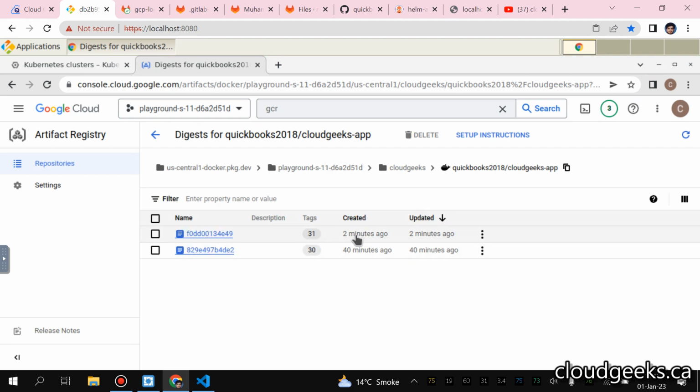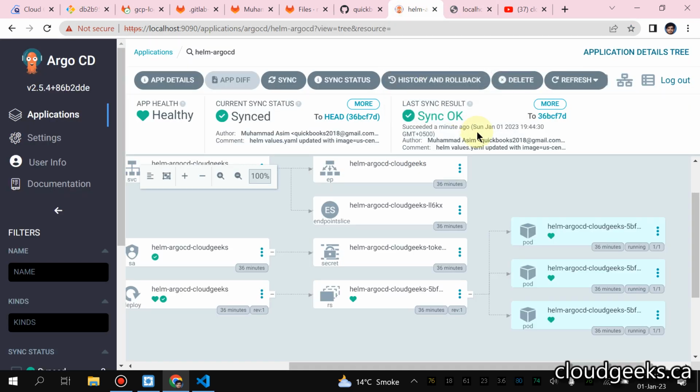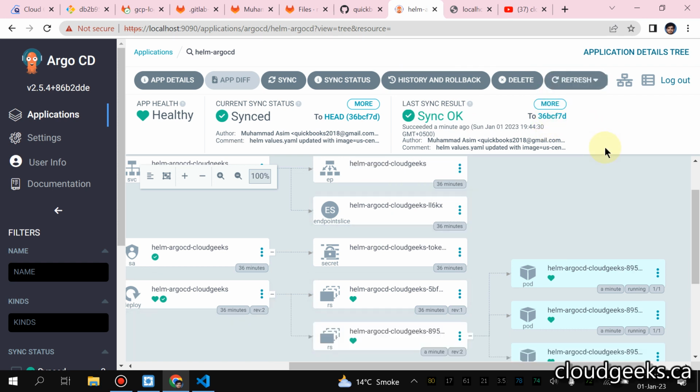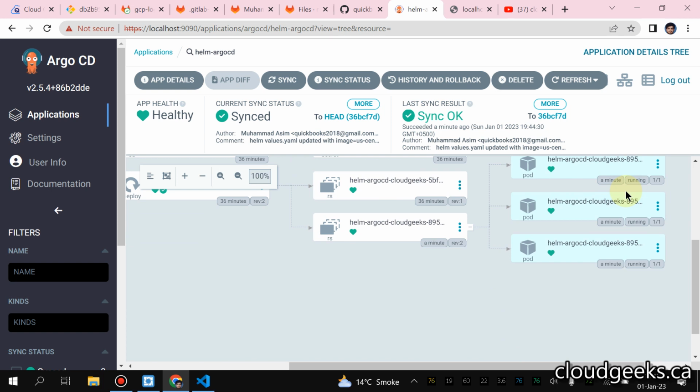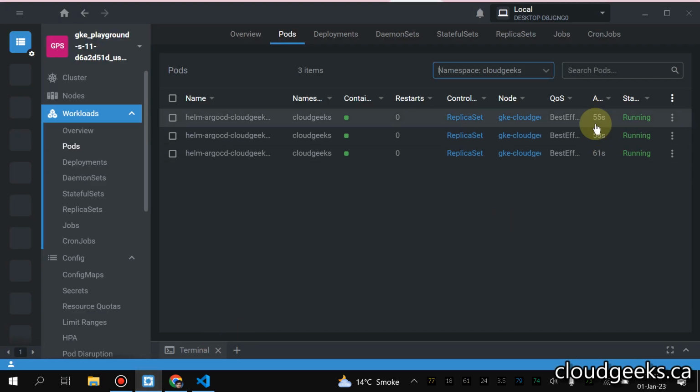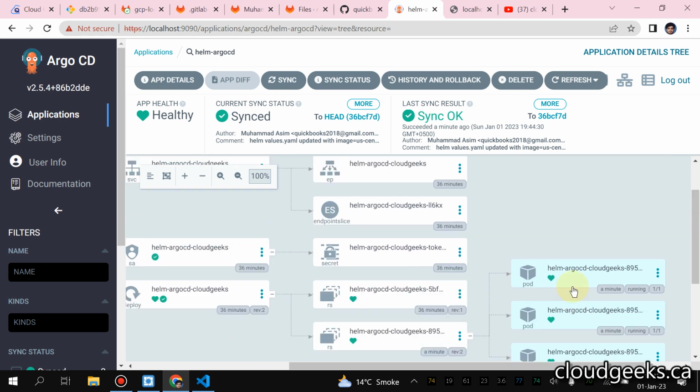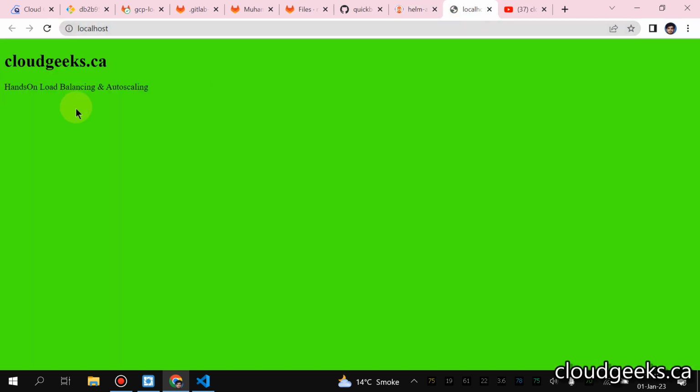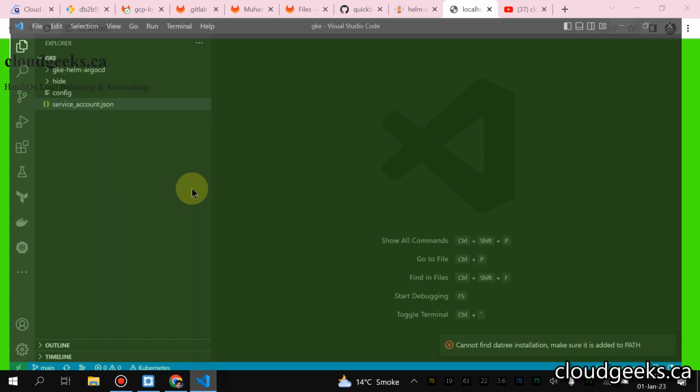You see, just 2 minutes ago, it has pushed the 31 tag number, right? And after that, let me show you this part as well. So if I do refresh here, you see, a minute ago, this has been deployed. And if you see the age of this here is pretty much the same, definitely, as we have imported this in our cluster. So regarding the application, I've already shown you this is the version, and although I've already